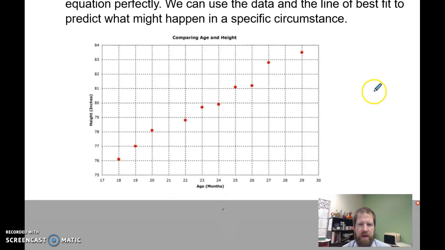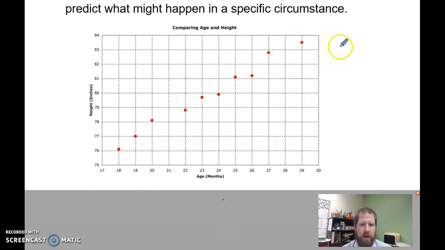So in this case, we have a scatter plot, all right? And this is comparing age and height, and it doesn't tell us the age or the height of what thing, but I'm going to imagine that it's like a plant, okay? It's maybe a bamboo plant or something like that that grows pretty quickly. So